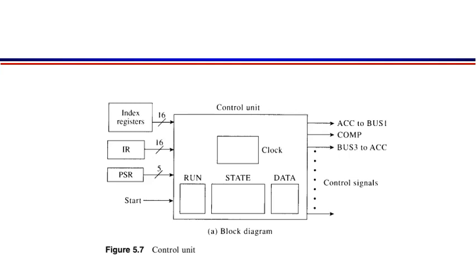So the data of index register is given to the control unit. We have three index registers. Earlier we have discussed that three different index registers can be used in this 16-bit computer. These index registers are selected through the bit number 8 and bit number 9 of the instruction format. We have three index registers: index register 1, index register 2, and index register 3. And all these index registers can save 16 bits of data. The information about this data is given as an input to the control unit.